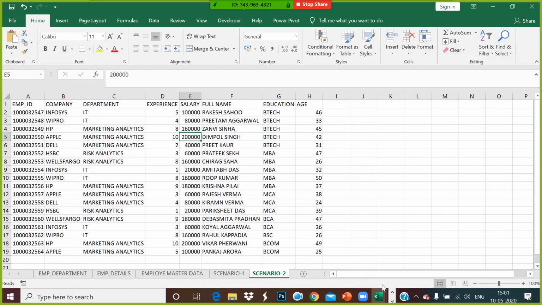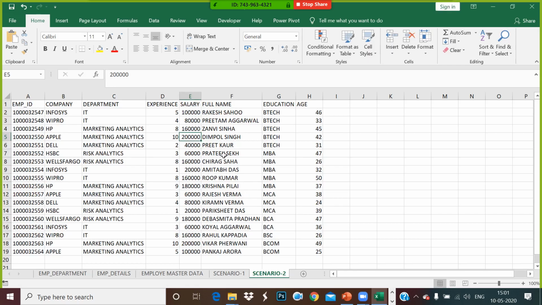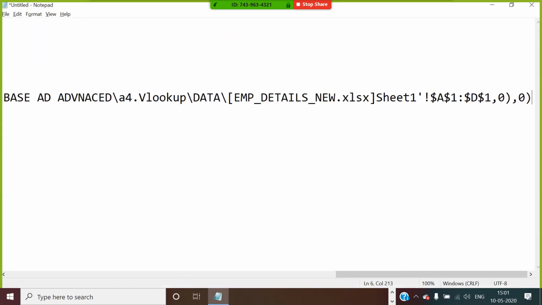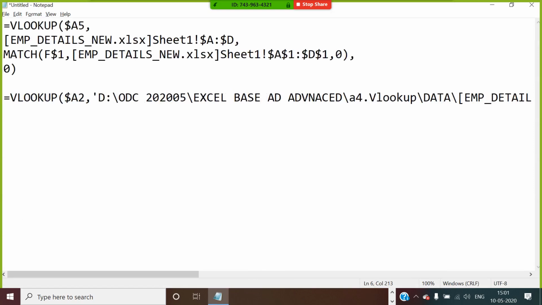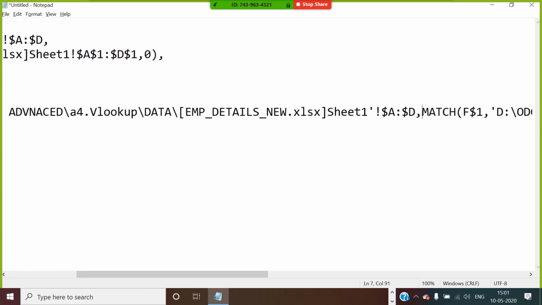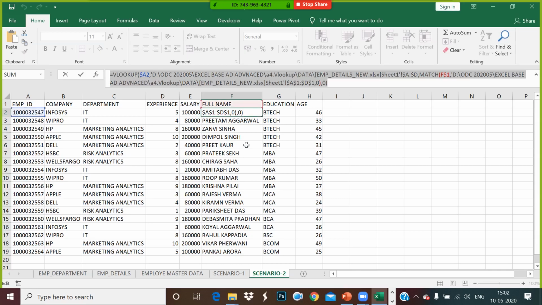Now what happens when you close this other Excel file which you connected? The moment you close this file, you can see the same VLOOKUP function has become this. What is the change you see in this? It is given the complete path. This is the Excel workbook. Complete path is given from where it is reading this data. Can you see this? This is the match, and this is your range lookup. You understand, right? Now what challenges can you face, guys?